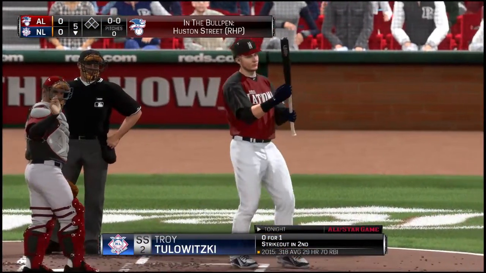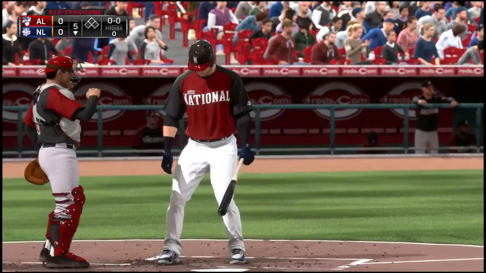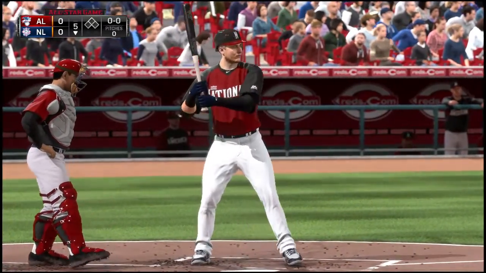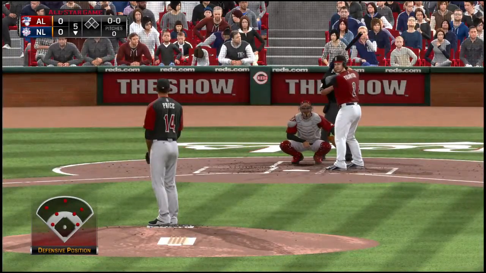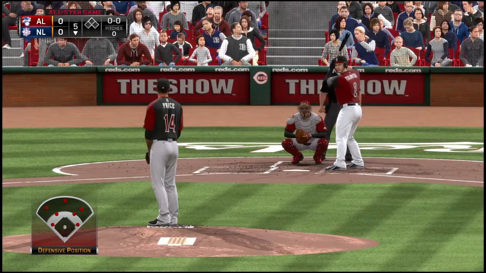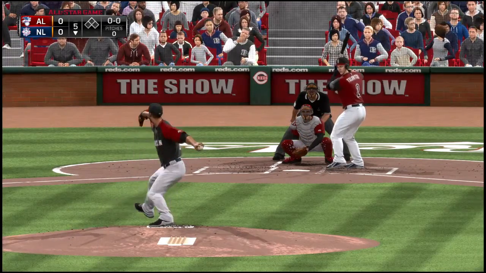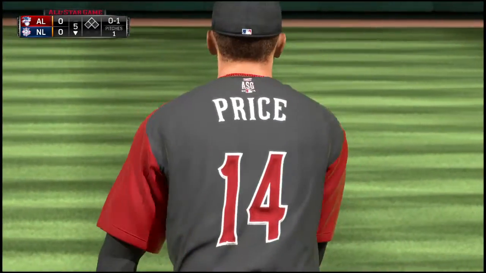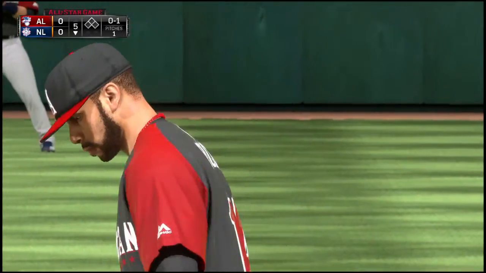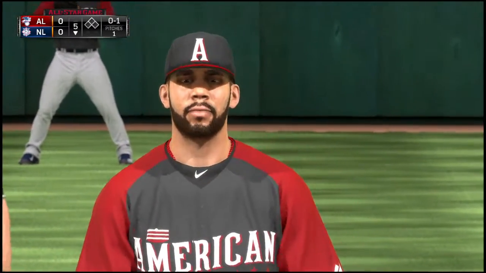Troy Tulowitzki will stride in again. He struck out swinging his first time. The shortstop, Troy Tulowitzki. Action in the bullpen now as a right-hander begins to throw out there. And here's a called strike at the knees. Don't think he liked that one too much, but it's 0-1. Yeah, nice to get that call right out of the bullpen.